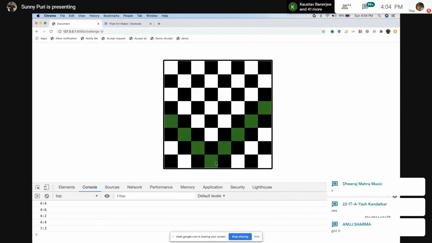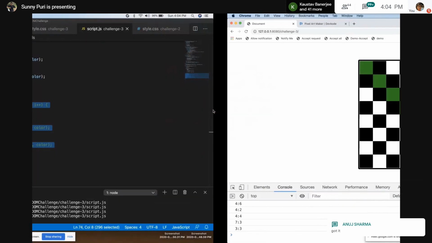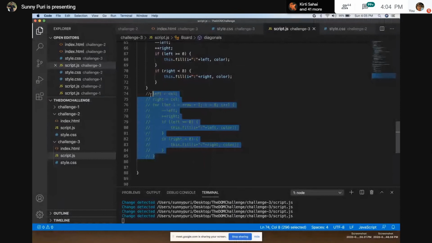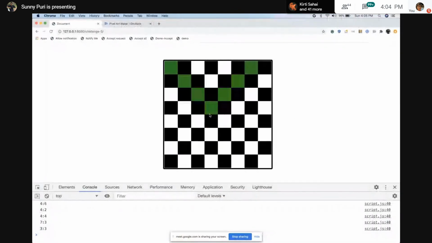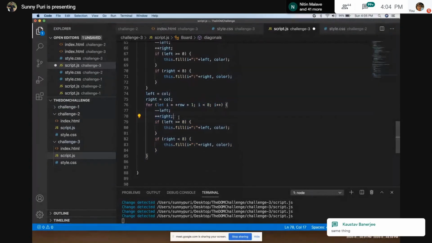This is fine, but in this case we need to cover the bottom one as well. Same approach: left and right should be equal to column, then decrement the left, increment the right, and so on, where left should be greater than or equal to 0 and right should be less than 8.